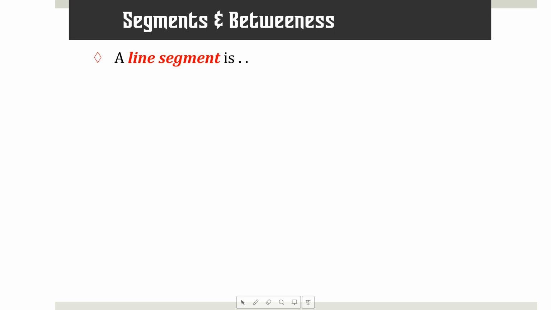Allie, what do you got? A line segment is a part of a line. Part of a line, not bad. But it says line. Oh my goodness. Oh, I thought you weren't supposed to say the word. You can't say line segment. Everyone knows that. So you're almost there, but we need one little last chunk of information.